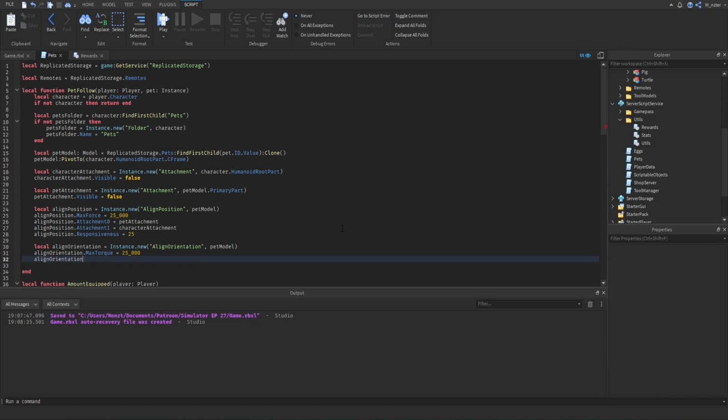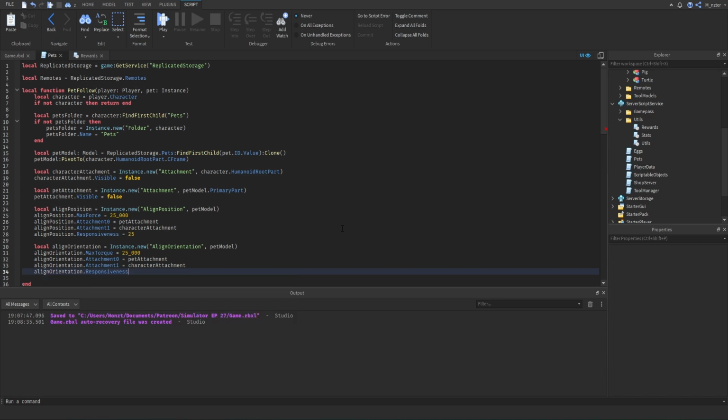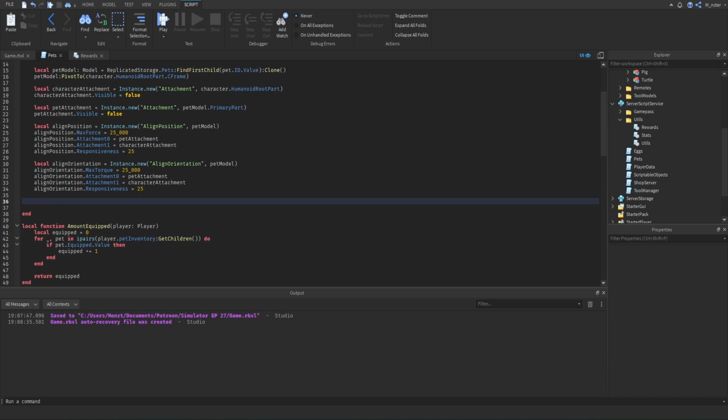So we're going to say alignOrientation.Attachment0 = petAttachment, and then alignOrientation.Attachment1 = characterAttachment. And then finally, we need to set the Responsiveness of this, and that's also going to be 25 as well. The next thing that we're going to do is create an IntValue,